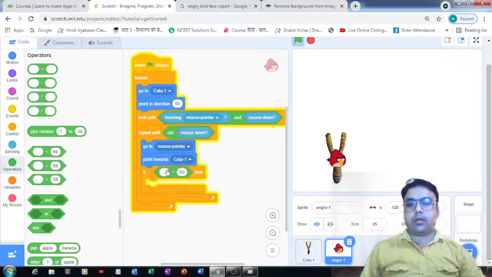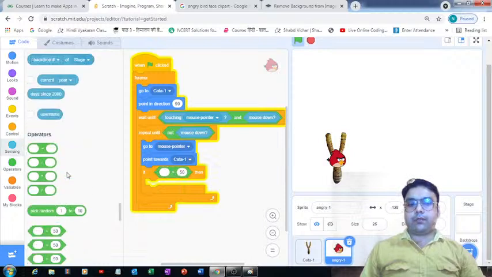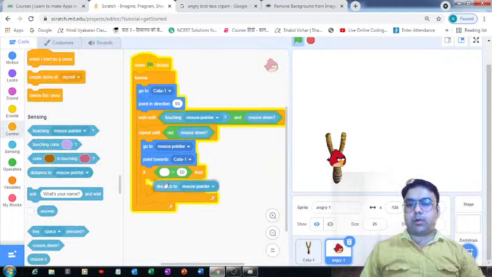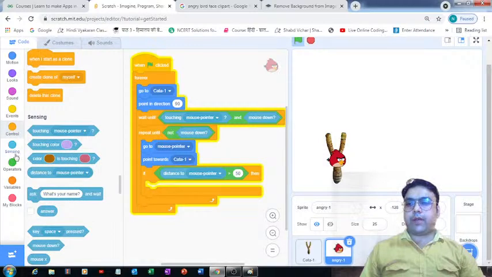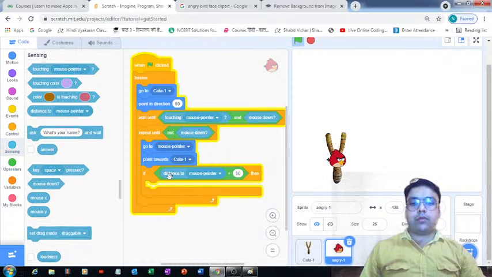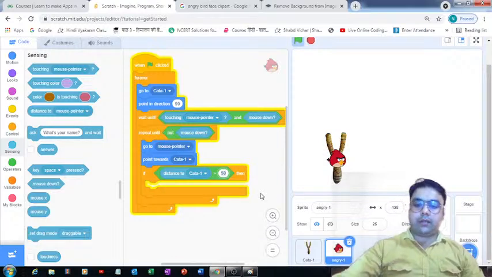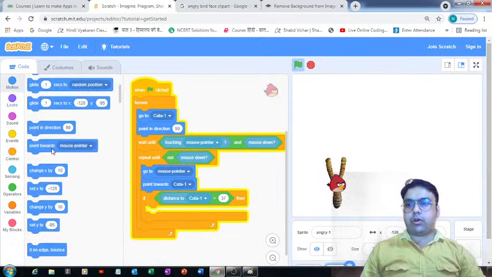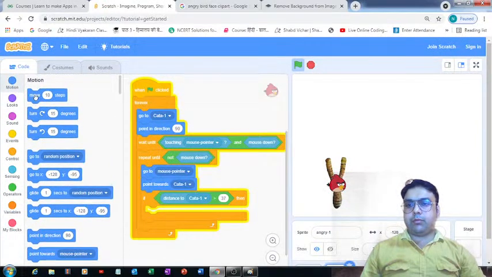I need to put it over here, and then where can we find the distance block? This is the one I was looking for. You can find it in the sensing section. So if the distance to cat 1 is greater than, let's say, 37, then what should happen? I would like to make use of this move